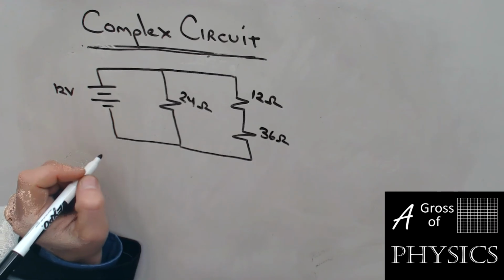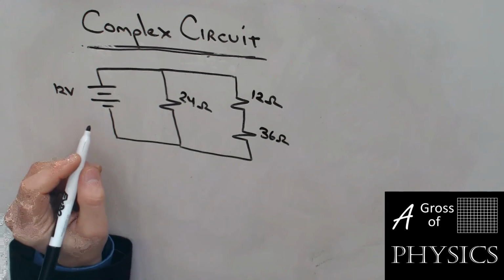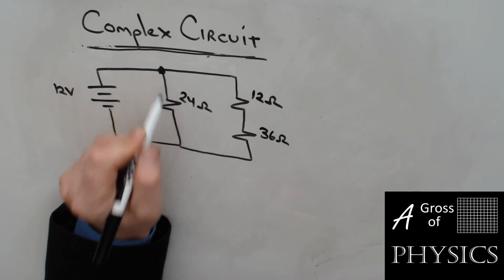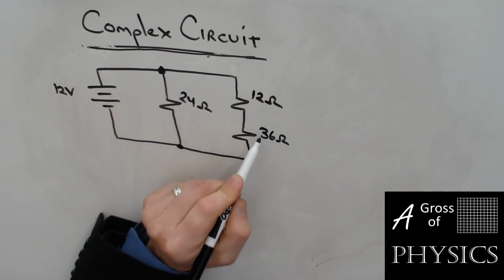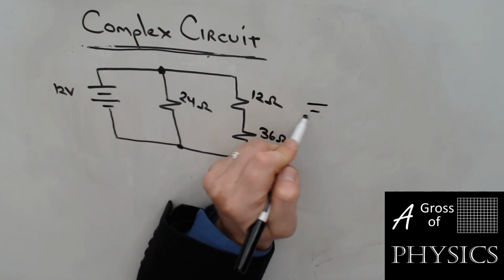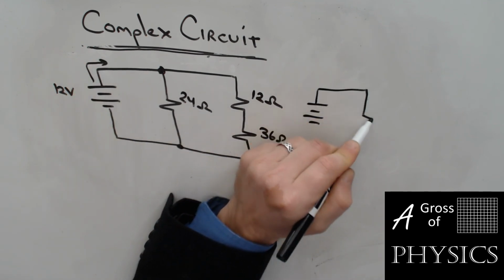Now let's put our Kirchhoff's laws into practice. What we have here is a complex circuit. We have a 12-volt power supply connected to a 24-ohm resistor and then a 12 and a 36-ohm resistor. What we need to remember is that in order to figure out the current flowing from this point here, we need to simplify the circuit